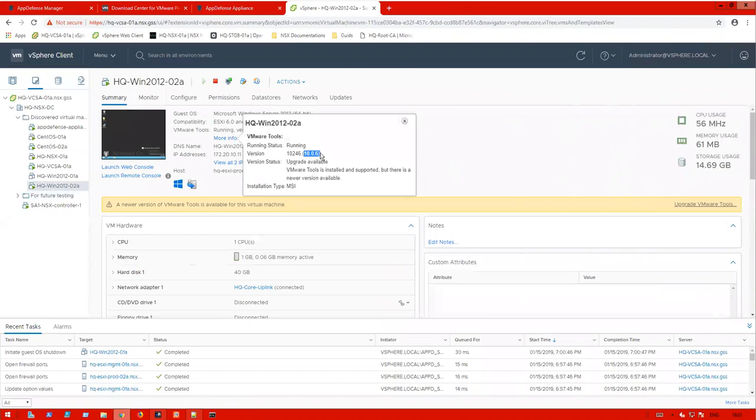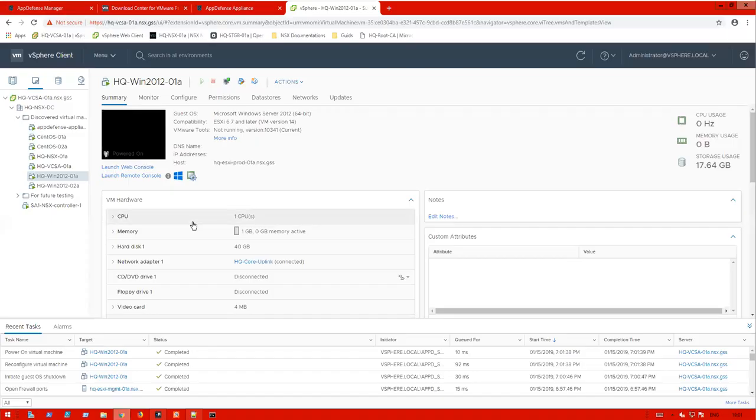Also, it can happen sometimes, if you have that VM powered off, you won't be able to select guest integrity and apply it. So we said that it was going to cause a power cycle, and we can see in the recent tasks here in vCenter that the VM, the Windows 2012-01, went to a guest OS shutdown, and it reconfigured the virtual machine. It has been following up all the steps,